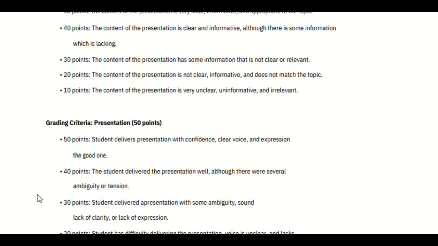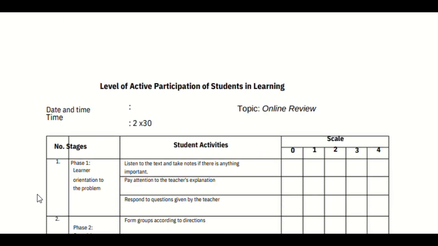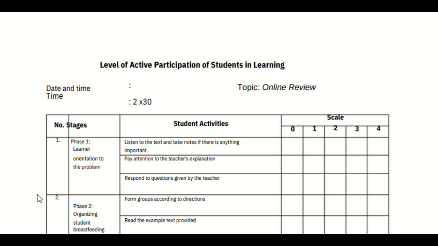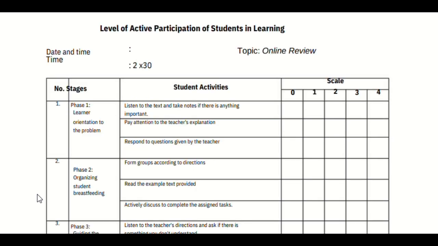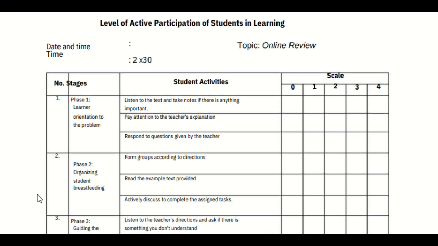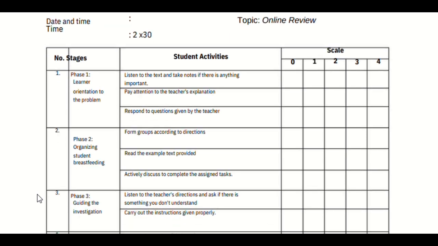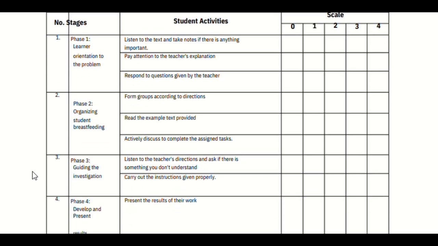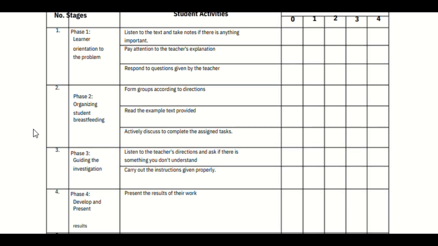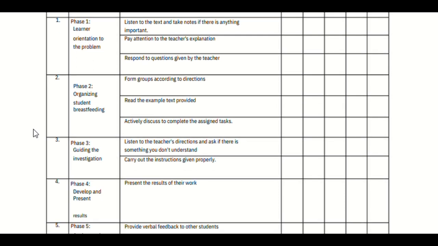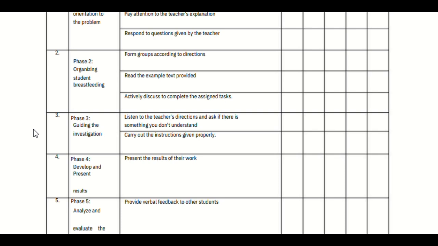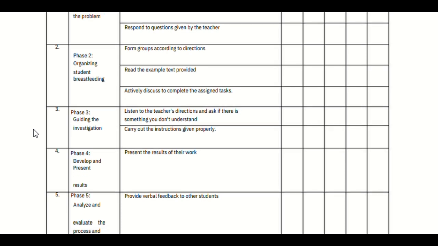Date and time, topic, time, Phase 1 learner orientation to the problem, Phase 2 organizing students, Phase 3 guiding the investigation, Phase 4 develop and present, Phase 5 analyze and evaluate the process and result of solution to problem.